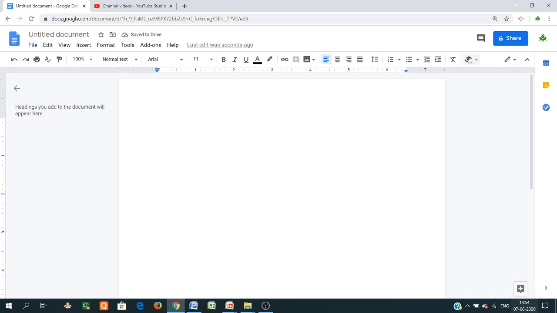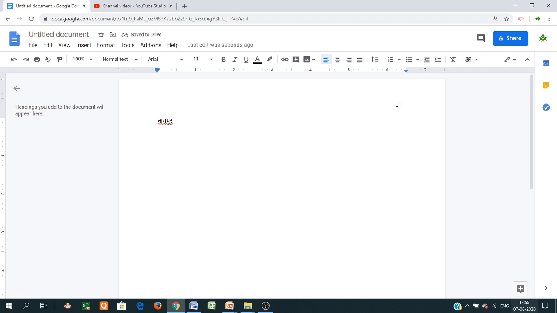Then click on this button, that is here. So Hindi, you just type whatever you want to type. It is converted, means you are typing in English on the keyboard and it is converted into the Hindi language. So in this way you can type.